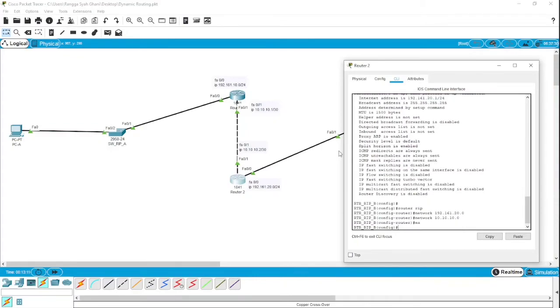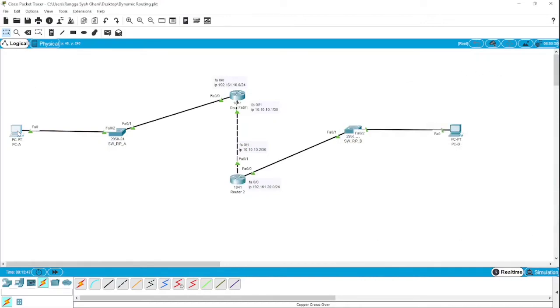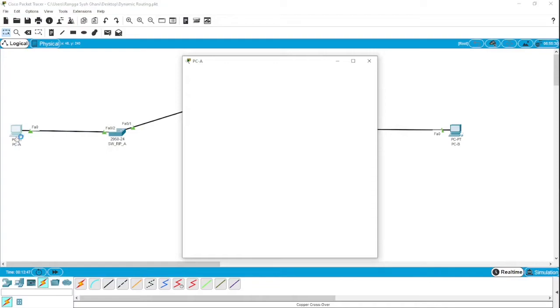And now we will show the routing table, do show ip route, and now you will see R symbols here. It means our dynamic routing is connected. Okay, our dynamic routing configuration is correct, and we will do the ping test between PC A to